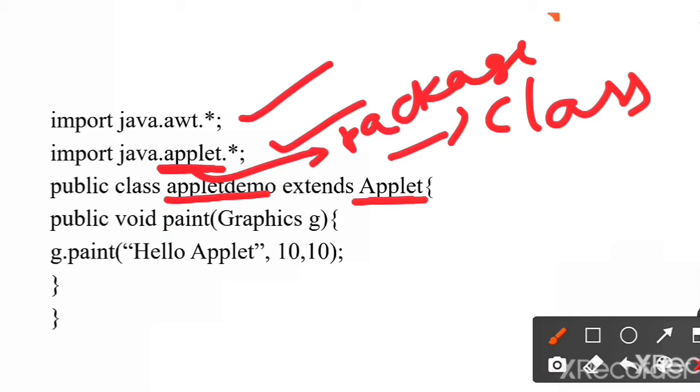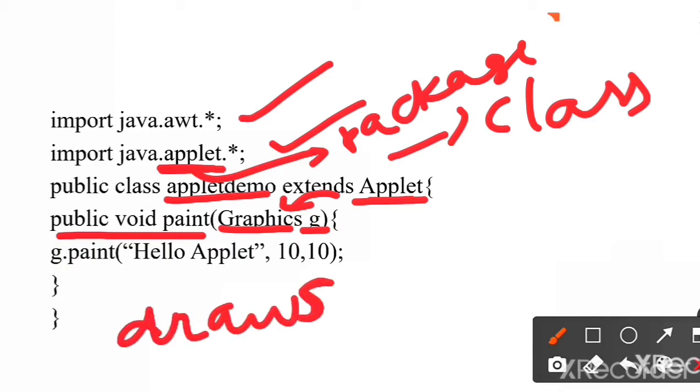And within this class, we are going to override the paint method. We will write public void paint, and to this paint method we are going to pass an object of the Graphics class by writing the class name, that is Graphics, followed by an object. I have created an object called g, and through this object we are now going to call the methods of the Graphics class. The Graphics class contains a method called drawString.